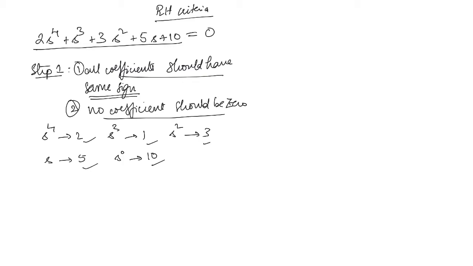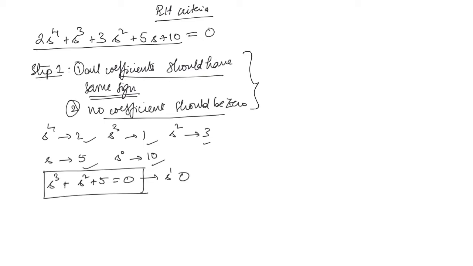In contrast, if you take an example, let us say s^3 + s^2 + 5 = 0, you can see that there is no term for s to the power 1. So the coefficient of s to the power 1 is 0, and the second condition is not satisfied. When either one of these two conditions or both are not satisfied, then the system becomes unstable. If they are satisfied, then we go to step 2. In case of this equation, since one of the coefficients is 0, this automatically becomes an unstable system.